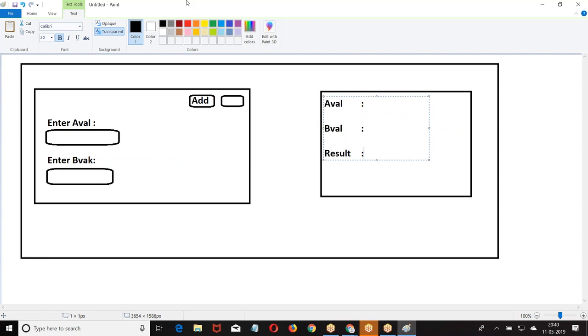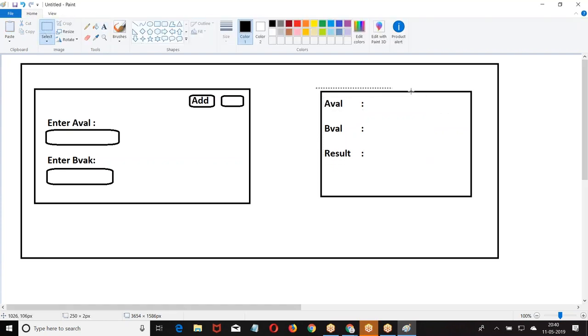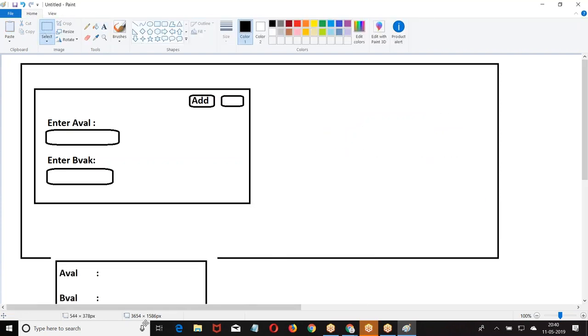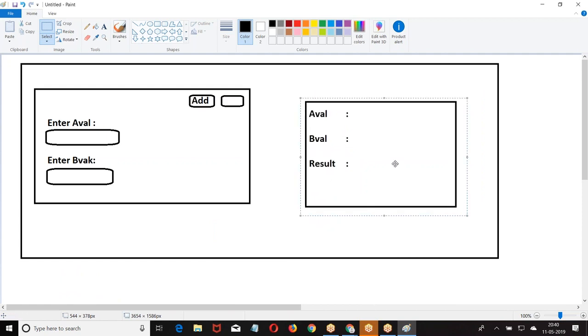Now initially when I load the page, this should not be there. When I click on this, it should come here. So how do you do that? UI if, right? To achieve this concept, we require one extra component. Whatever components we have learned, using those I cannot achieve this. We require a component which will divide the page into 2 blocks, so that the first element goes in the first block and the second element in the second block.